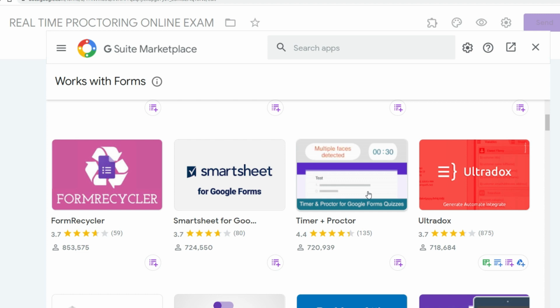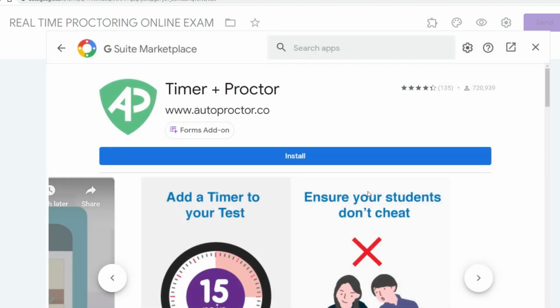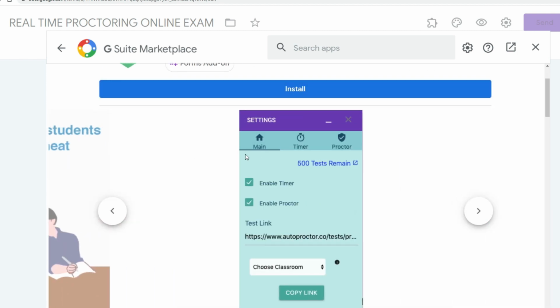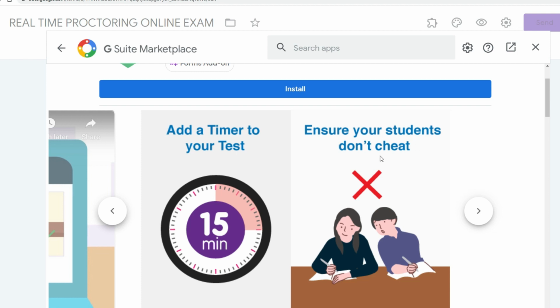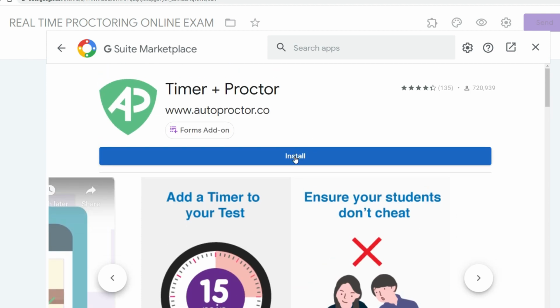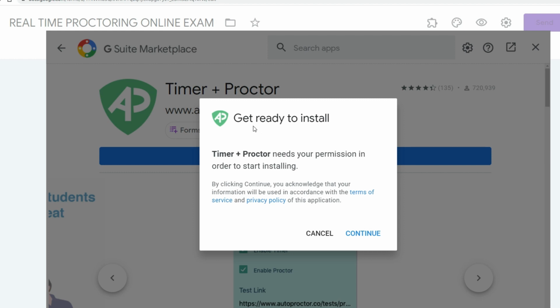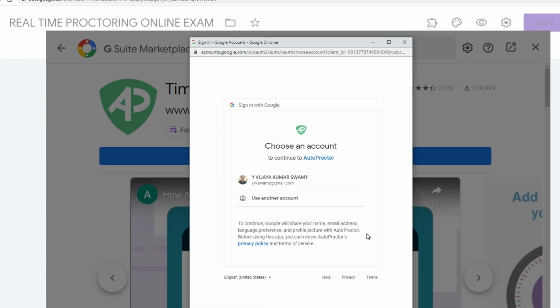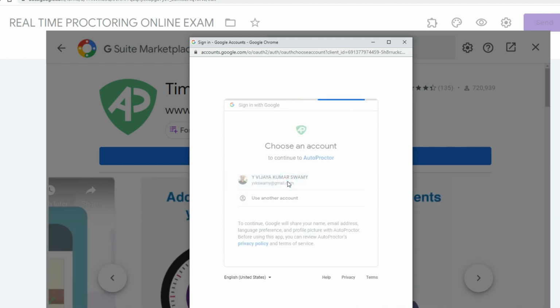For that, select this one, and here you can see install. You can add a timer to your test and ensure your students don't cheat. So first let us install this. Select install. Once you select install, get ready to install. Timer plus Proctor needs your permission in order to start installing. So let us select continue. Once you select continue, here you get the information to sign in. So use your official Gmail account to sign in. Select that Gmail account,